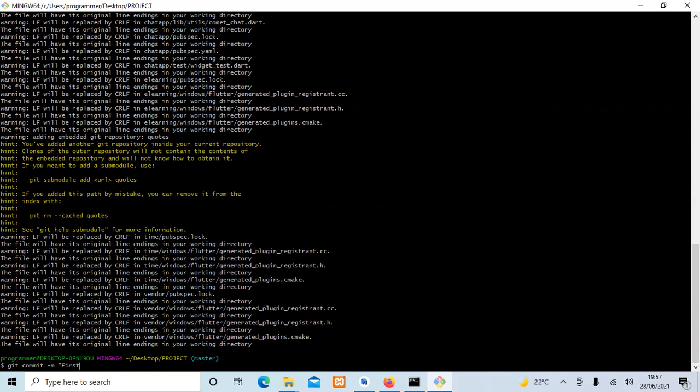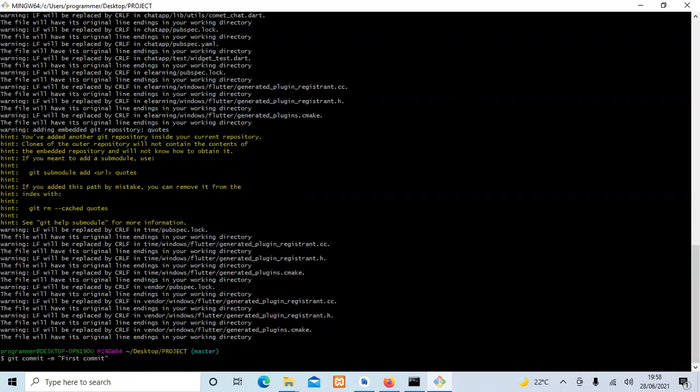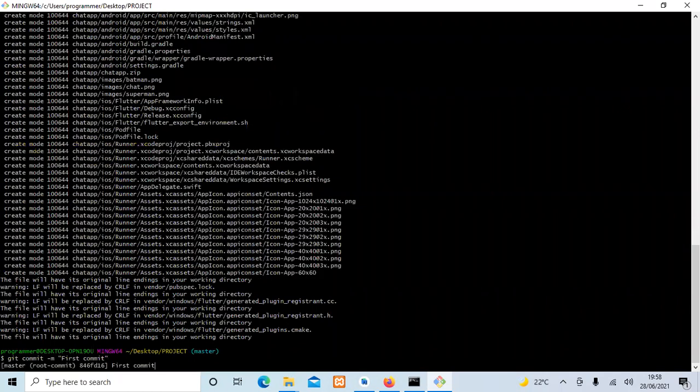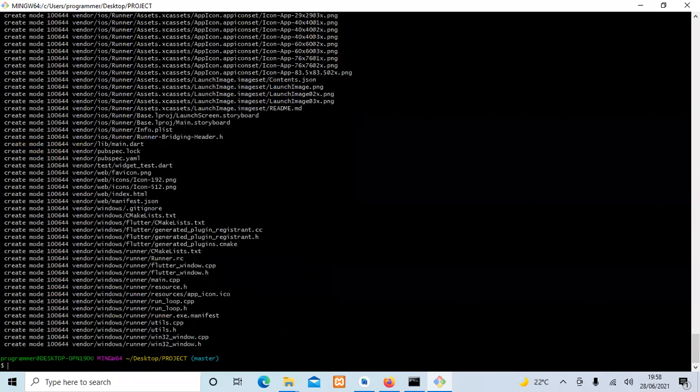Because for example, you may want to change something in this project, that means that one will be your second commit. But here it is the first project which I'm uploading, so it is my first commit. I press enter. Are you seeing that they are telling me that all those folders are going to be created? So they are creating all those folders, and all those folders are got from my project folder. And then the next thing,